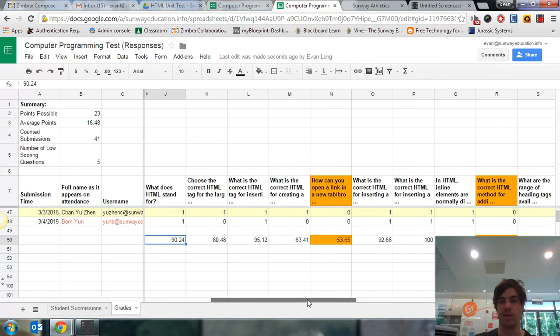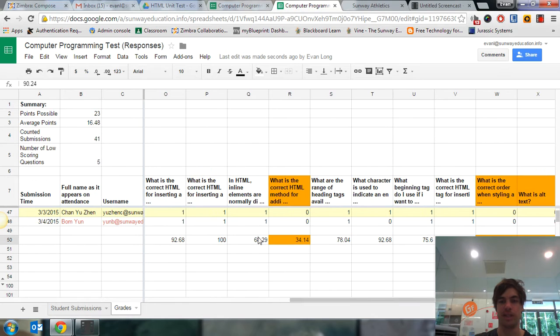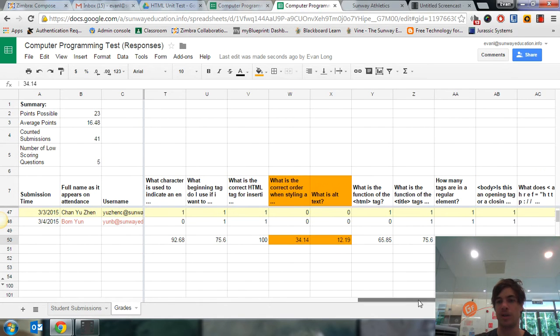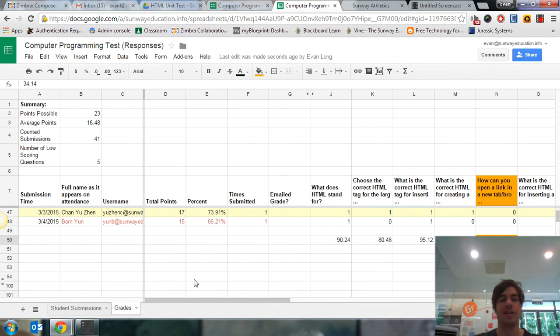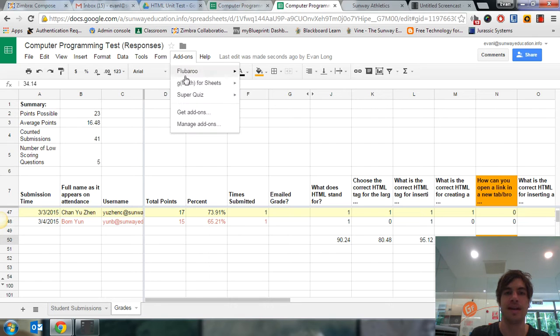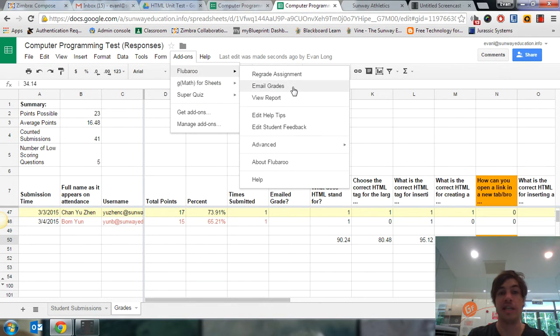So I know which questions I need to focus on for the final. For example, these questions are a lot lower, which isn't easily calculated when you're just doing it manually because you're flying through a bunch of tests and then you don't really know at the end what questions were answered off and wrong. So the cool thing you can do with this is after you have it, you can just email your grade. So I can also view a report,